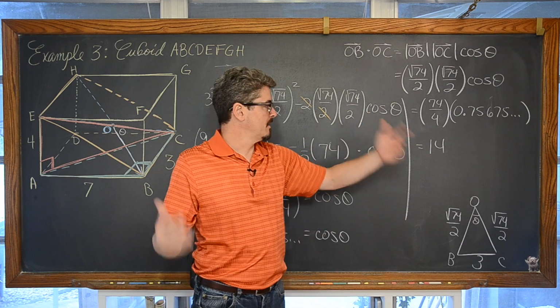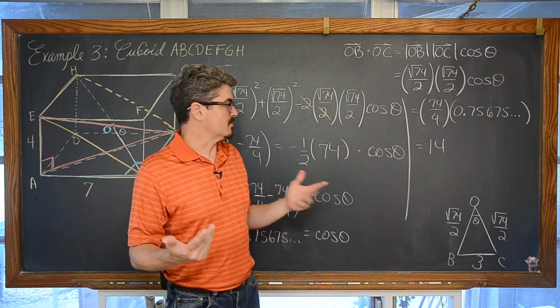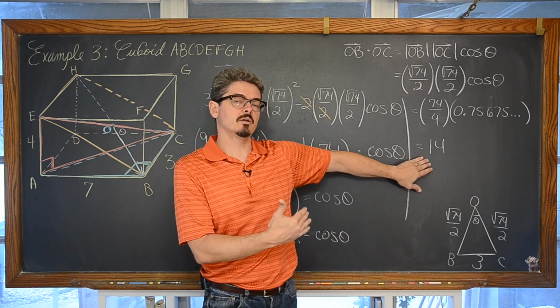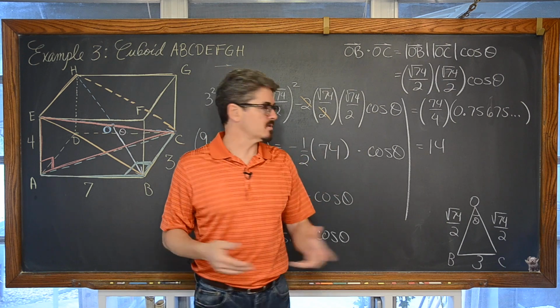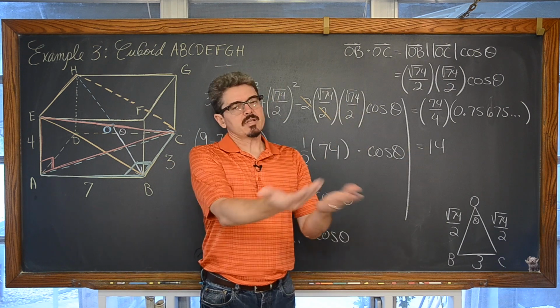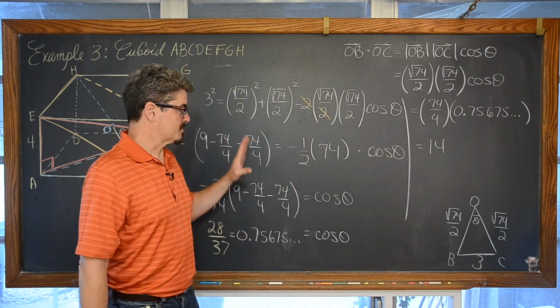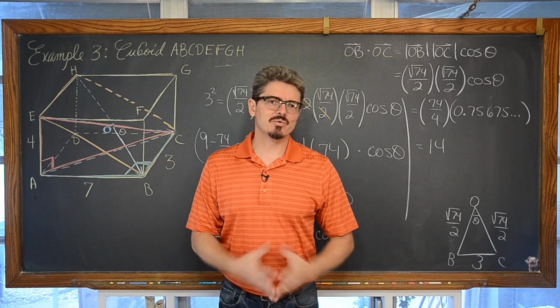If I came up to maybe 13.998 or 13.98, if I rounded off really too much, I might lose some points at the end when we're looking for an exact answer of 14, though that was honestly unintentional. If you don't get that exact value and you're off too much because you rounded off too early or just within your work, you'll lose some points even though you understand all the math that you're doing.